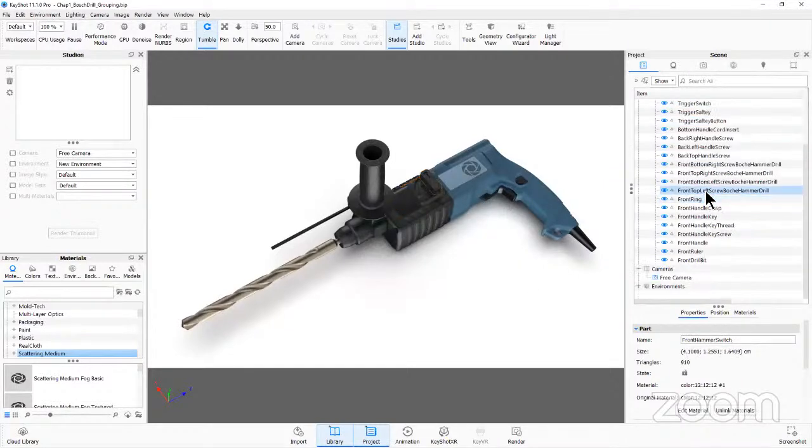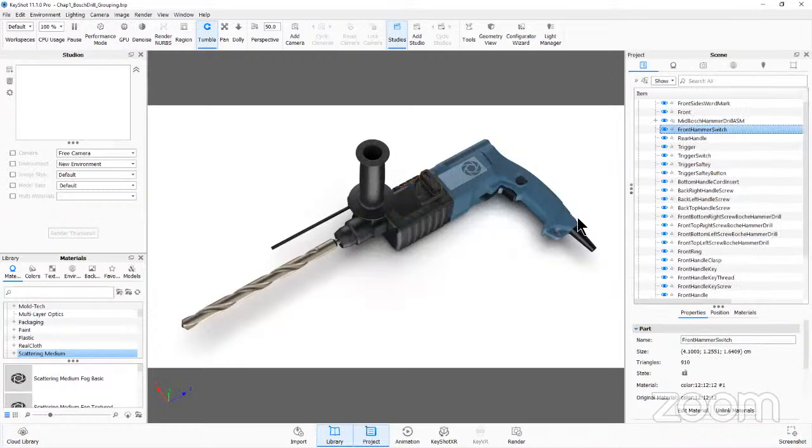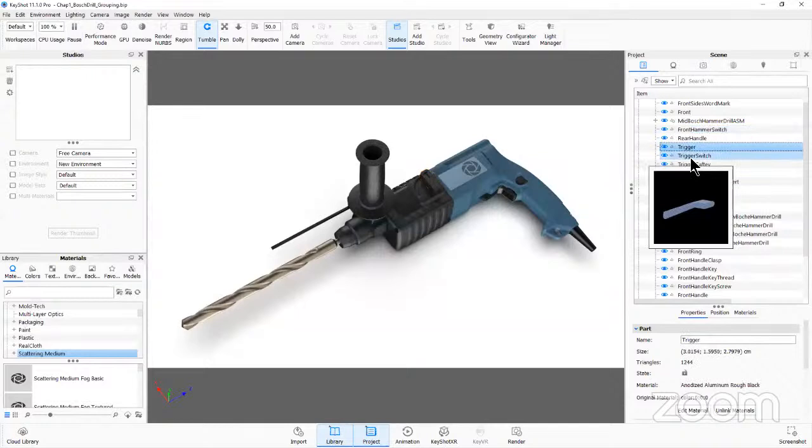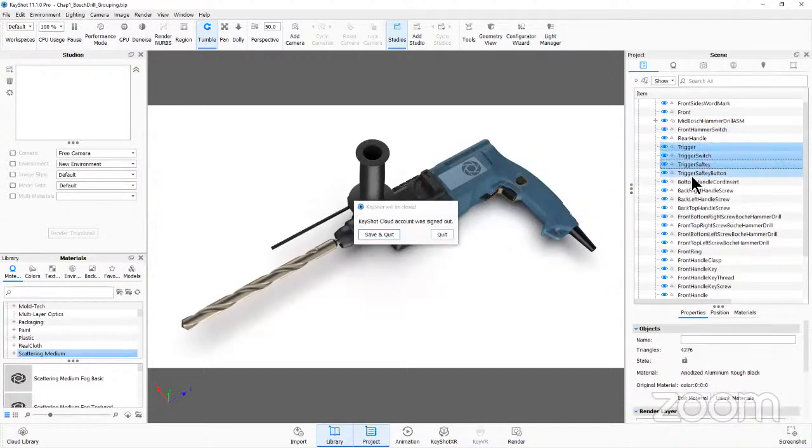Now, thinking ahead, if you're doing an exploded animation, there's particular parts that you're going to want to have grouped in their own assemblies, whether that's this trigger area here. You need to have the